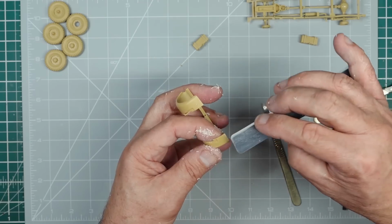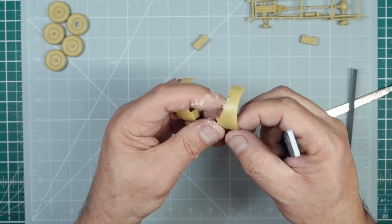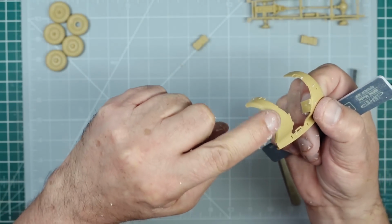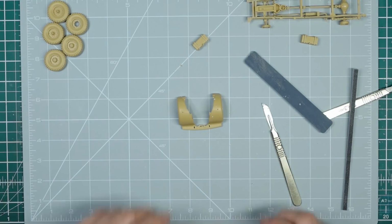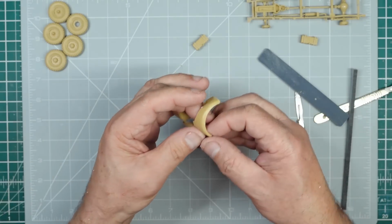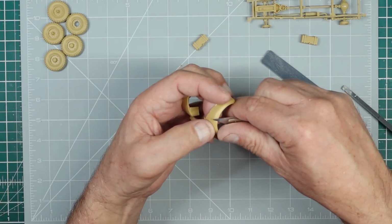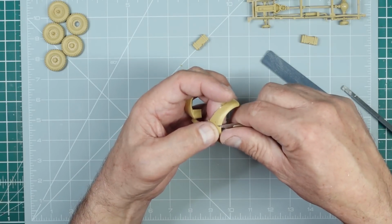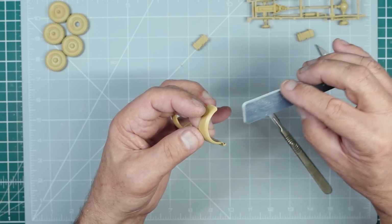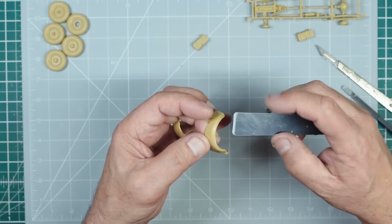Now with my 400 stick, I'm just going to come on the back and remove that sprue nib from there. And then on the side, we need to be really careful. We've got a very prominent sprue nib right there on the outer edge. Now we've got this flange going around. Let me get all this dust off my fingers. So we've got this flange going around. So what I'm going to do, using my knife, is just carefully remove most of the sprue nib, and then very gently, just one stroke at a time, sand it away